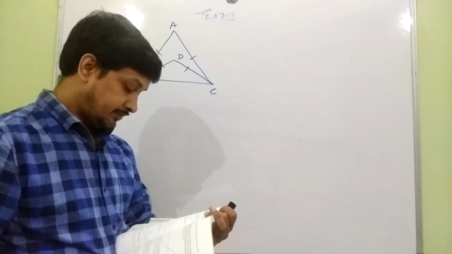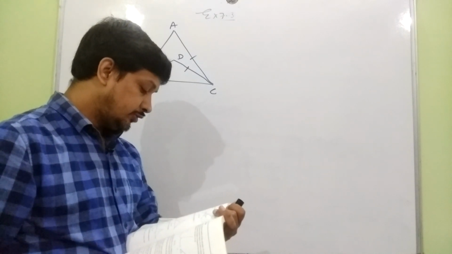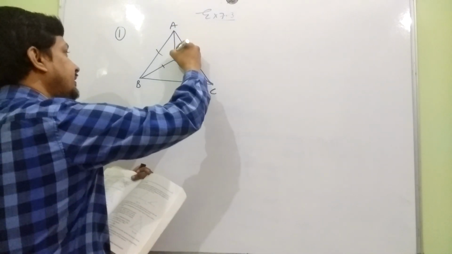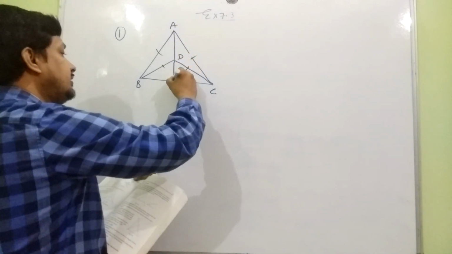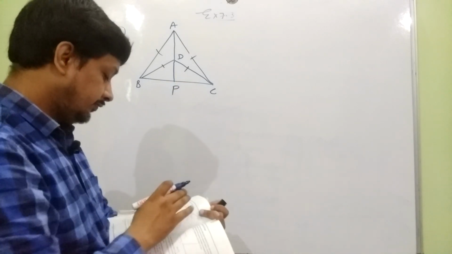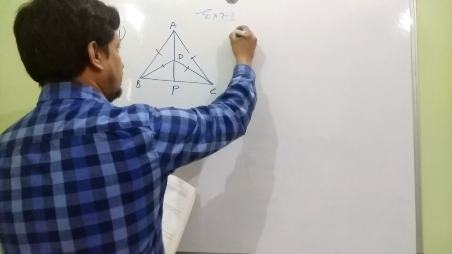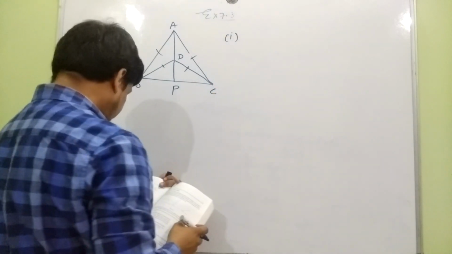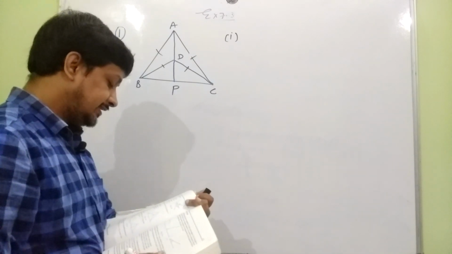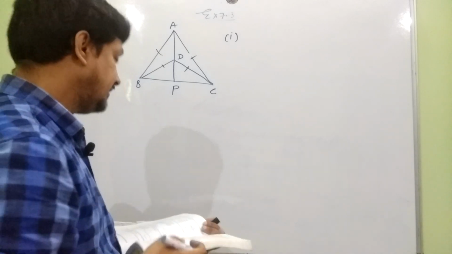It is given. If AD is extended to intersect BC at P, we have joined AD and extended it to cut BC at P. Then we have to prove these four things. So first of all, we have to prove triangle ABD to be congruent to triangle ACP. So you can look at your books, triangle ABD and triangle ACP.